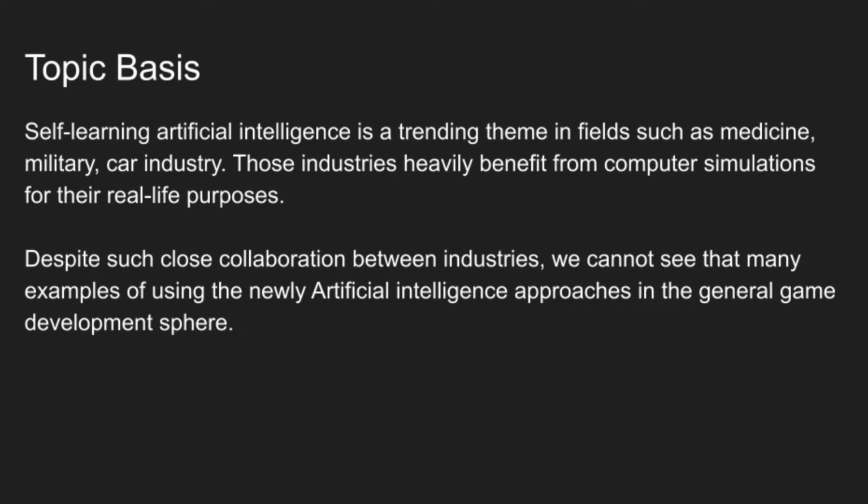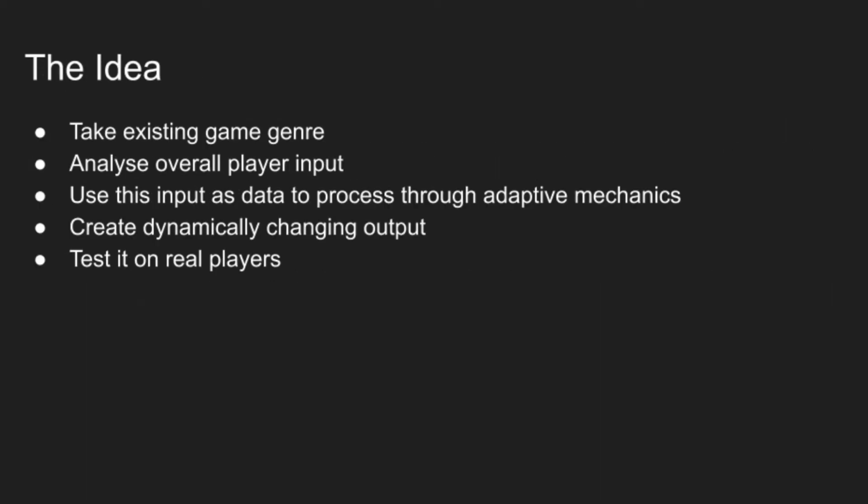Self-learning artificial intelligence is present right now in a number of fields. It bases a lot of its development on simulation games, as they provide an enormous amount of data quickly and safely. Despite such a collaboration, we don't see a lot of examples of using this approach in actual game development. My idea is to take the currently available machine learning mechanics and, in combination with generative mechanics, realize a project